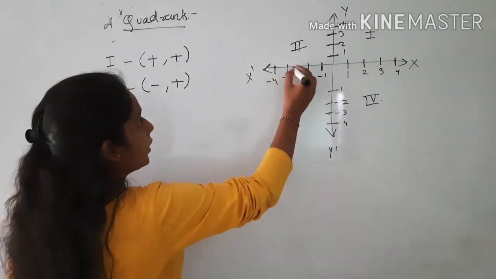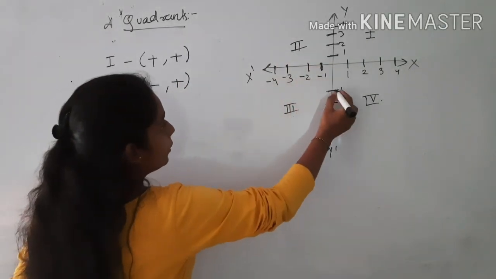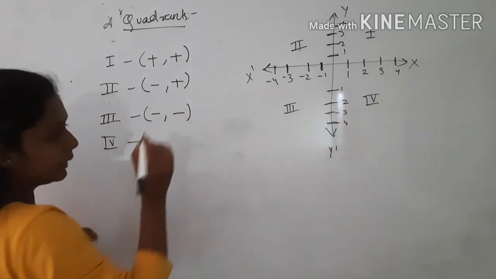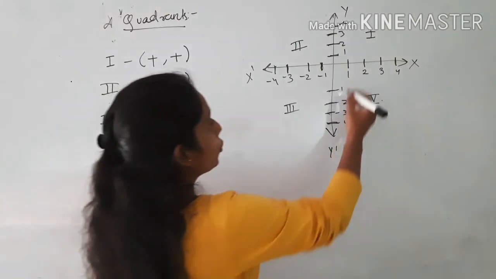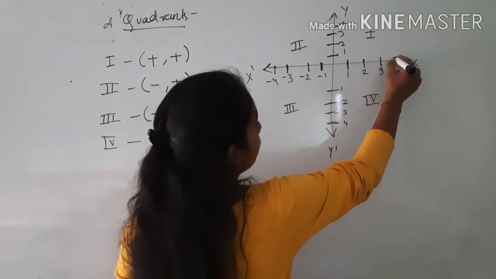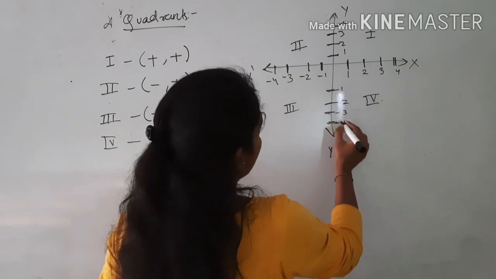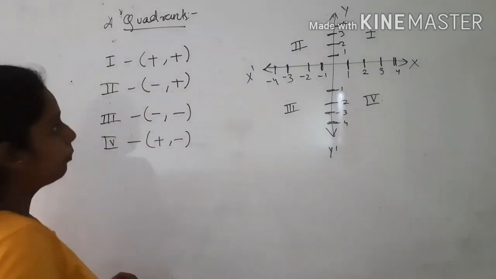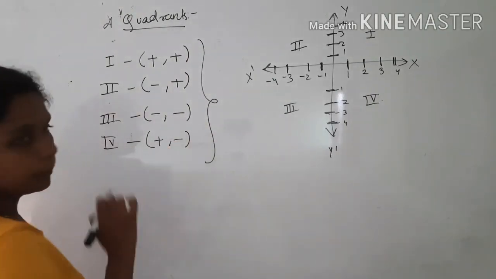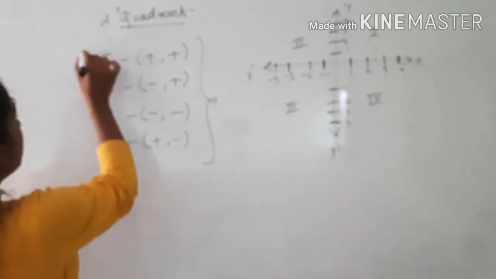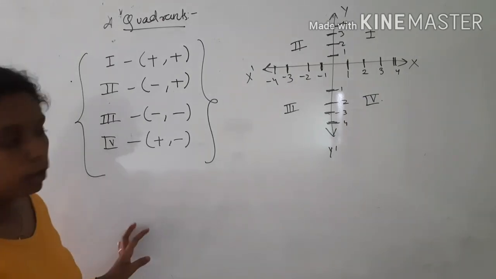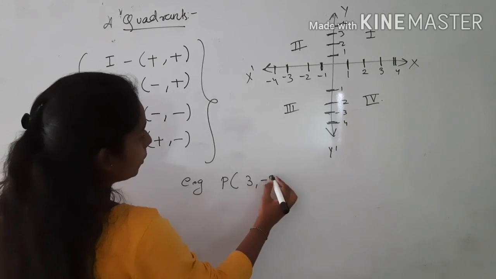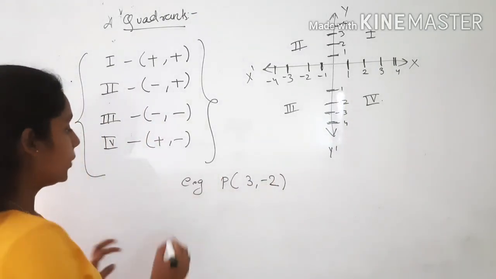Similarly in the third one, x is negative and y is negative. So the sign will be both negative. And similarly in the fourth one, x is positive while y is negative. So here the sign will be positive comma negative. If you know about these signs, you will be easily able to plot any point according to the sign given. For example, if I take P is 3 comma minus 2,